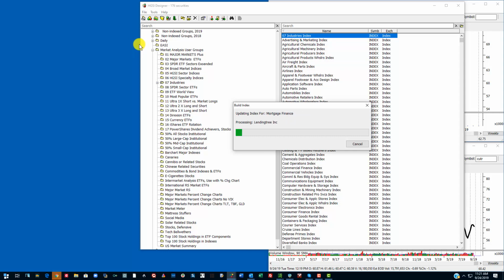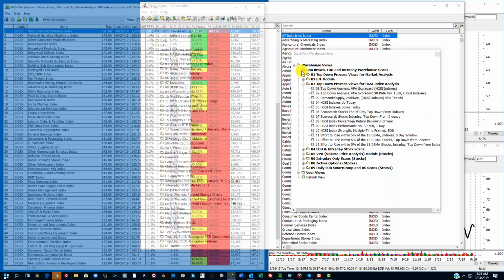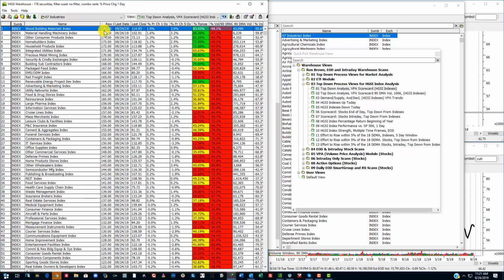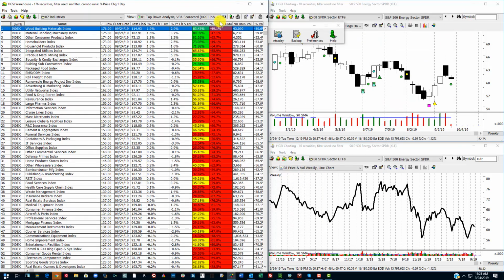using the intraday quotes, it is rebuilding the groups. Now I had to leave for 20 minutes and I came back and I see the bottom has fallen out of the market, and let's just see what's going on. I had this updating in the background. I'll bring this view back up, get rid of the designer, and